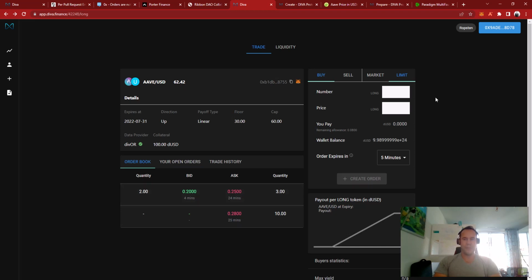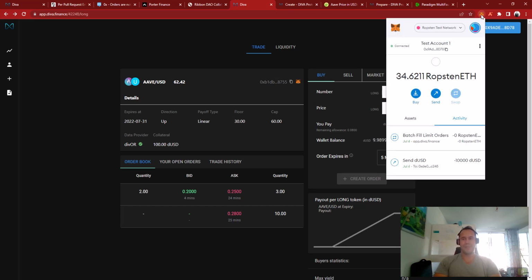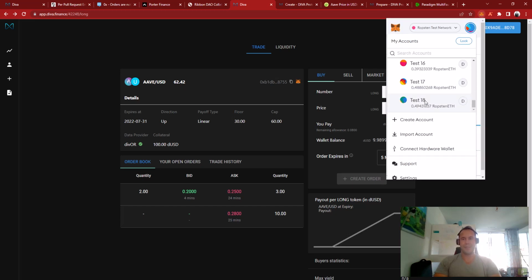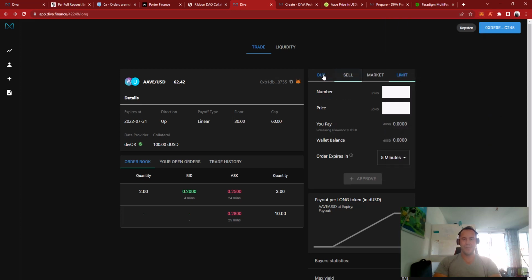Now this order is here. Now I need to make sure that someone actually fills it. So I switch back to, oh, sorry. Now I made a mistake. I apologize for that. I actually mixed up the accounts. The account that is supposed to complete the task is test account 18 here. This account has to create the buy limit order. So let's create another buy limit order, and